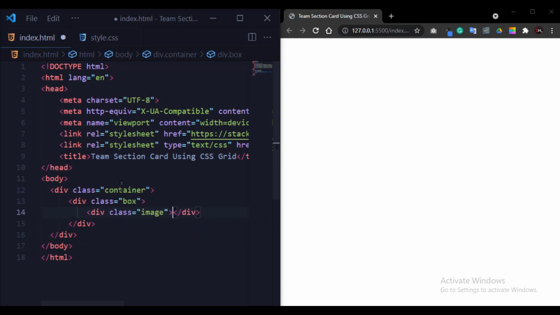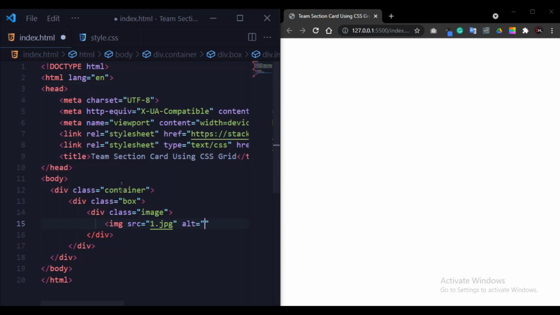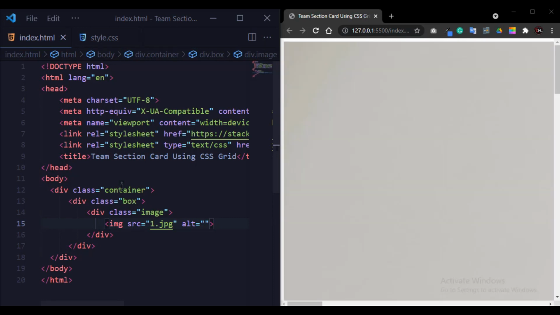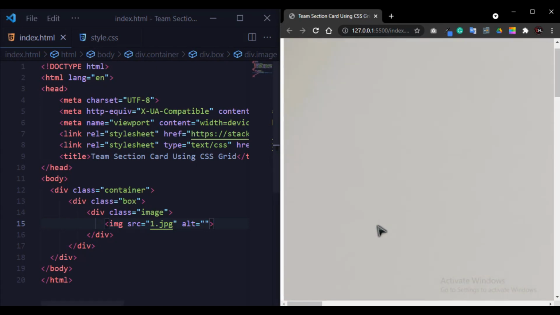Now after this I will put the image, and for this I will create a div tag for the image, with image src 1.jpg. I will save the file, and as the image comes, it is too large, we will set this later.